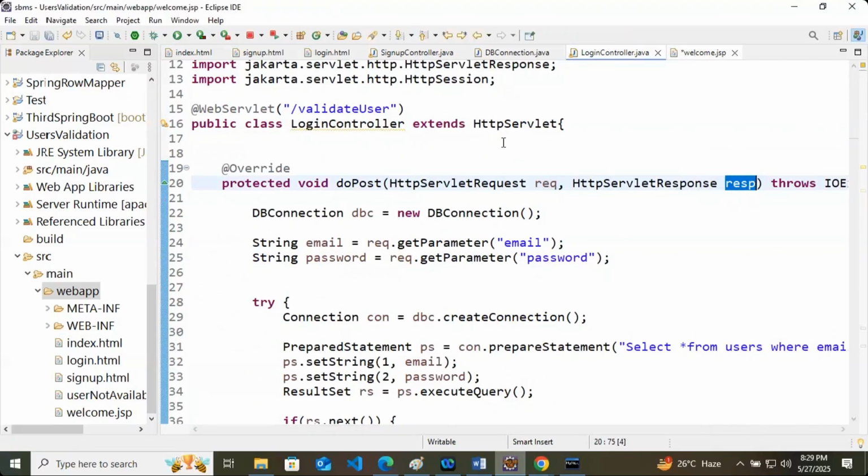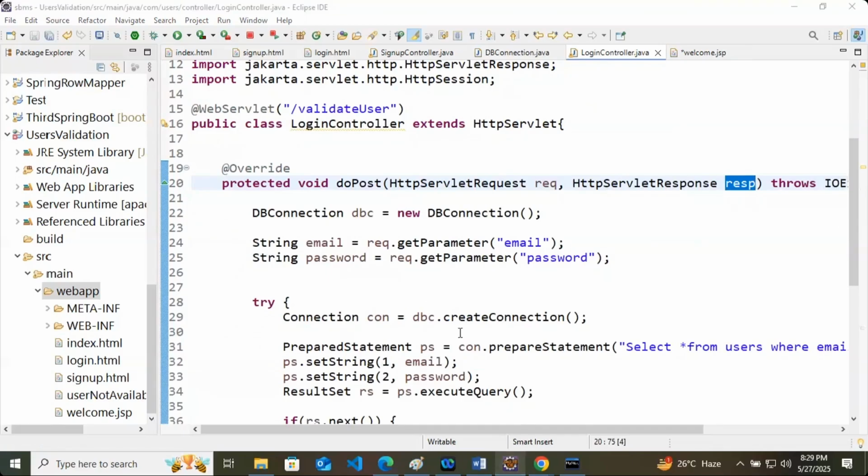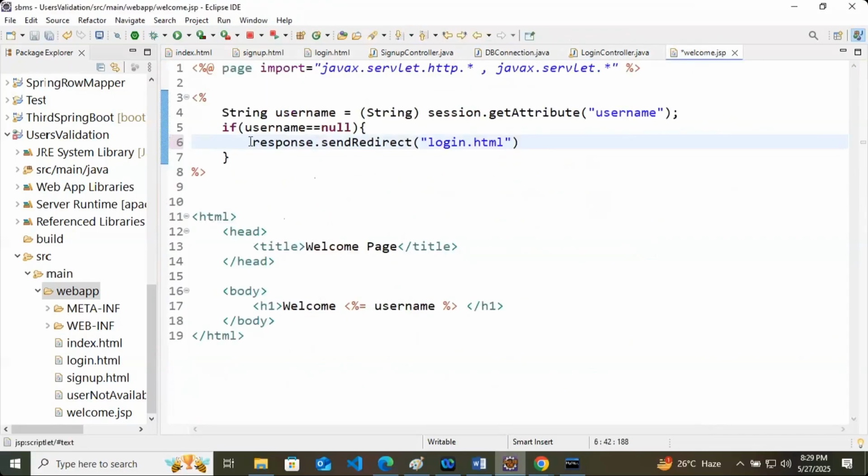But here let's type response completely, dot sendRedirect, and here login.html. So simple things we are doing here.